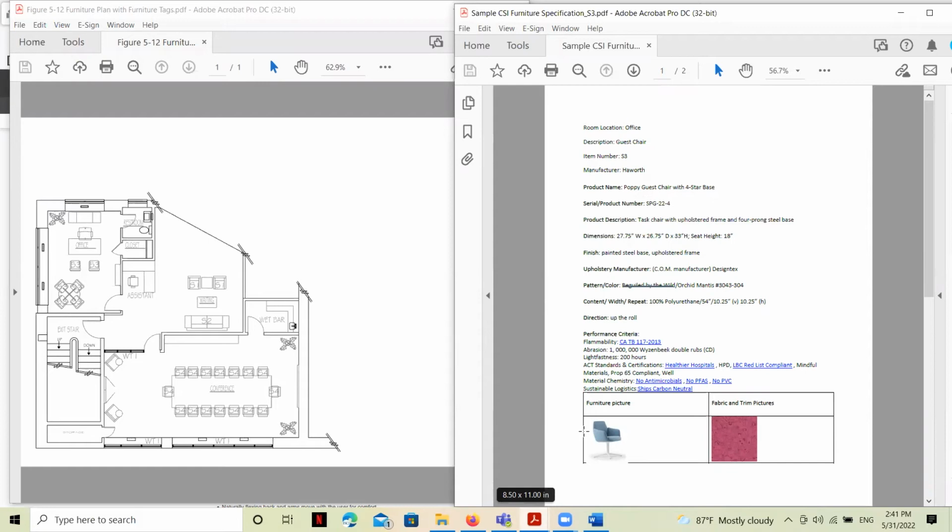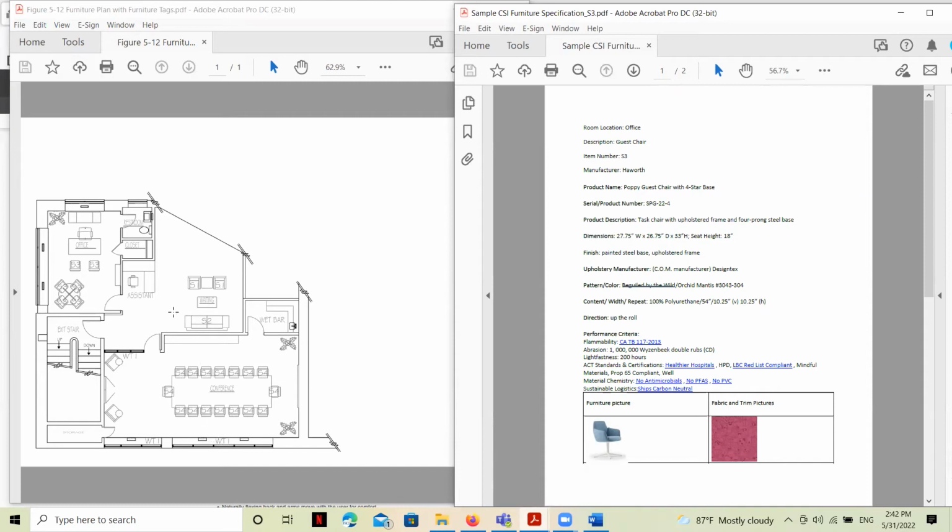So what you're seeing on my screen are two pages. The one on the left is a floor plan. Sometimes we call this a furniture plan since it does have furniture pieces indicated on it. Now you can see here, we're going to focus in on some of the seating here. You can see here that there are a few different types of seating. This is S1 and there's two of those. S2, and then we've got 6 versions of S3 in this office here. Lots of different S4s and then 2 window treatments here.